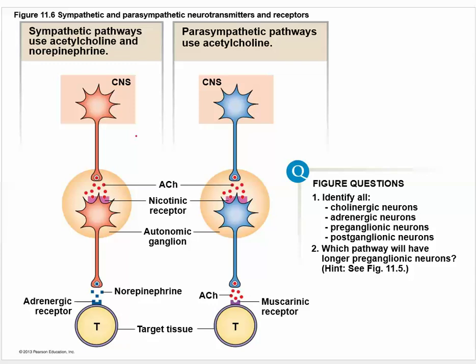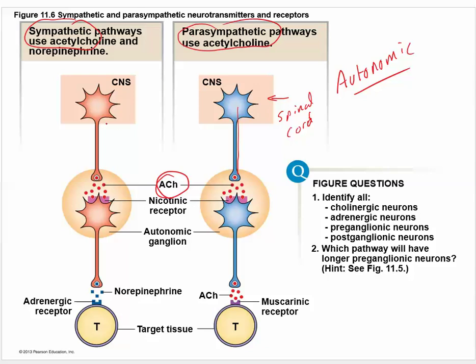Okay, so if we look at this, now the thing to remember about autonomic is that it has two neurons that control it. So here's the brain, spinal cord. Well, this is actually what this would represent, the spinal cord. And it has a neuron that comes from it, and it will release acetylcholine for both sympathetic, fight or flight, and parasympathetic. So they look pretty similar here. There's a difference in their length typically between the parasympathetic and the sympathetic, but they're both releasing acetylcholine here.